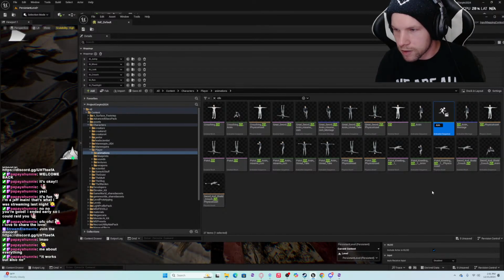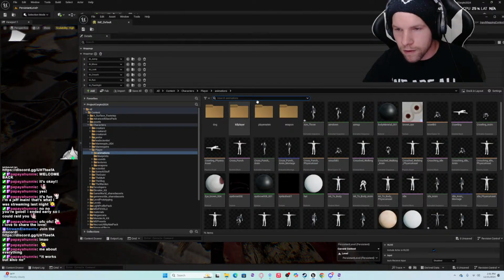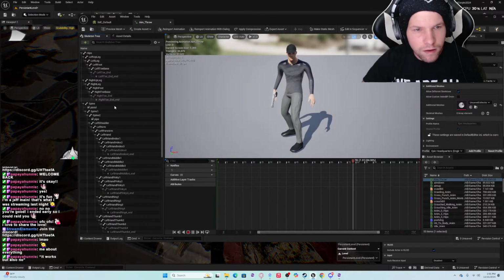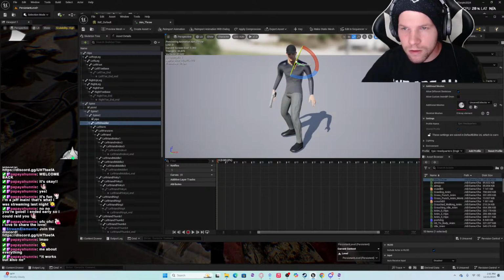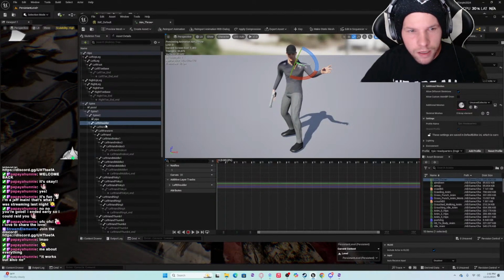Aim. Oops. Throw. And then we're gonna get our left shoulder. Let's pause it. Add key.